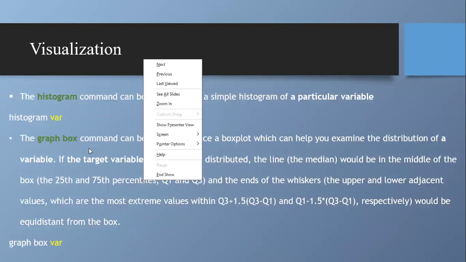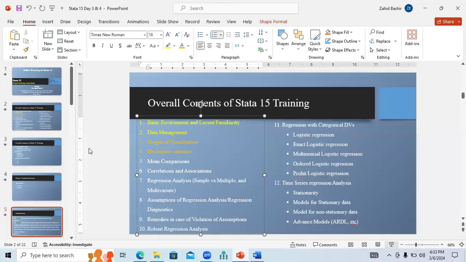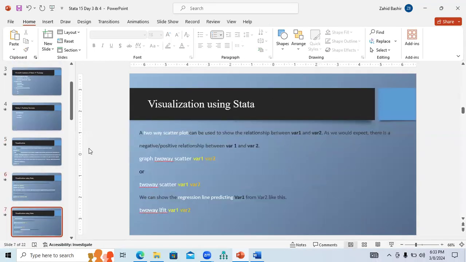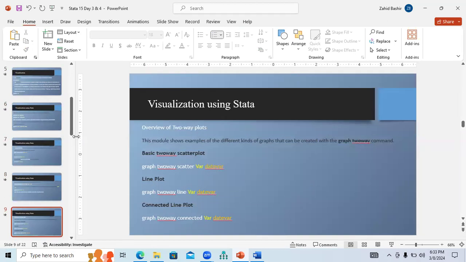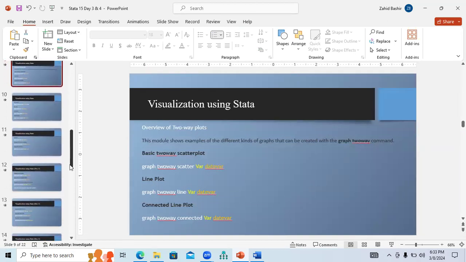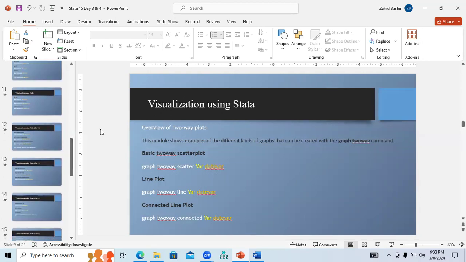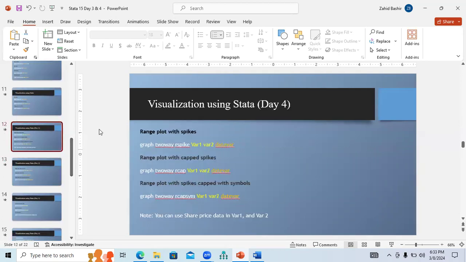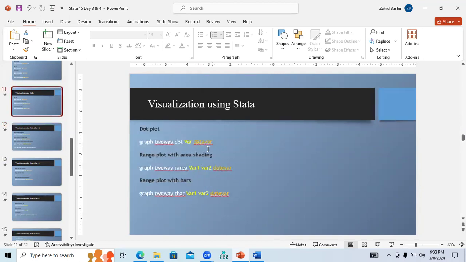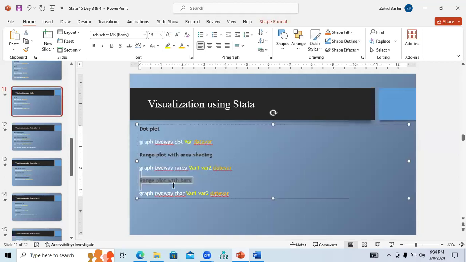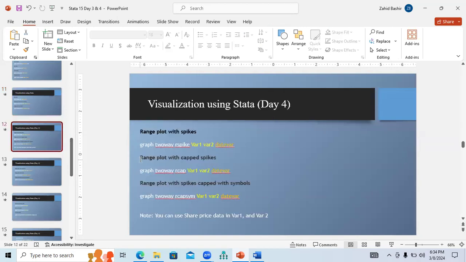I have discussed some of the graphical visualization yesterday. So I will start the part which is fixed for today, the activities for day 4. Day 4 starts from here. Yesterday we did graph twoway dot, graph twoway rarea, and graph twoway rbar. Today we will discuss the visualization using Stata, day 4,